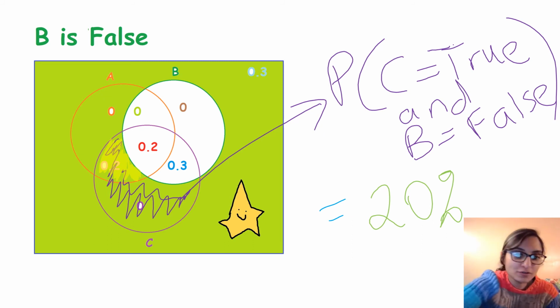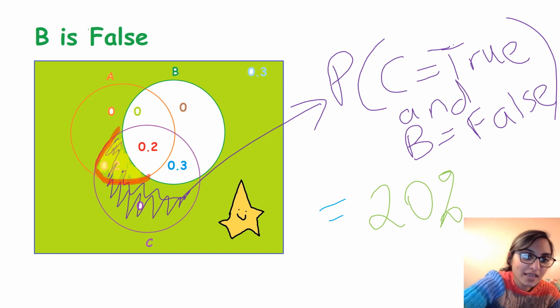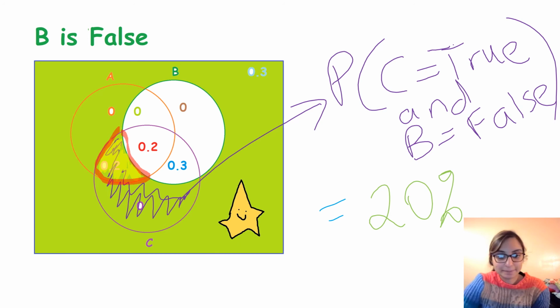The A is true is going to be this part right here. A is true given that B is false but C is true. Then that would be 20% divided by this part over here, and that's going to be 100%. So this is 0. That means that if B is not true, but C is true here, then A is 100% going to happen. So that's 20% was this part, but the probability that A is true then